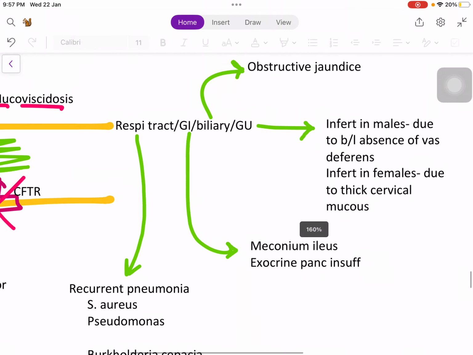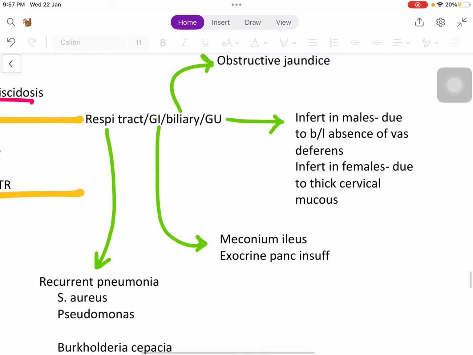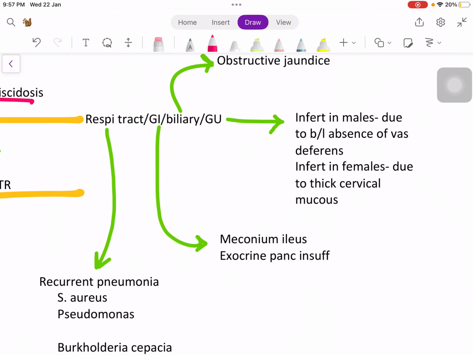So this leads to a variety of manifestations. First, in the respiratory tract, the secretions are not cleared off, so it causes recurrent pneumonia. The most common organisms for this pneumonia are Staph aureus and Pseudomonas. Burkholderia cepacia is very commonly associated with cystic fibrosis. The most common ones are Staph aureus and Pseudomonas, but Burkholderia cepacia is very specific for increasing the mortality in